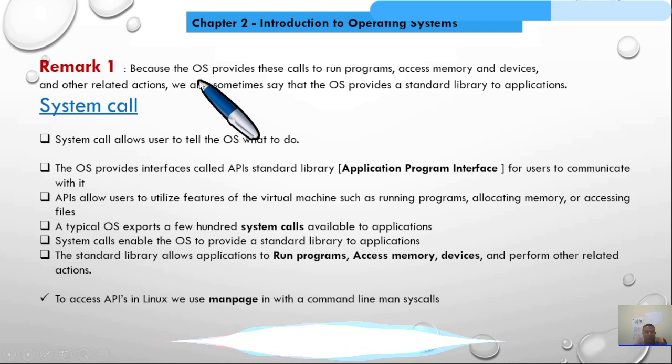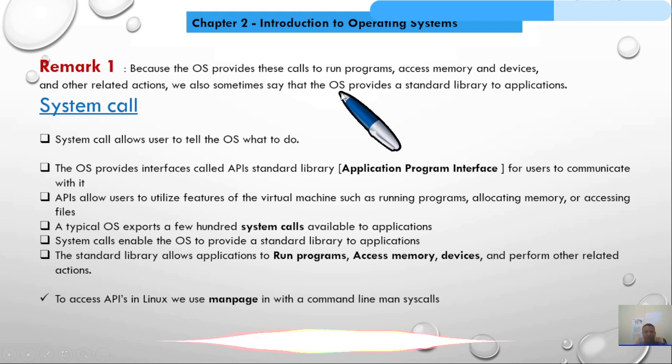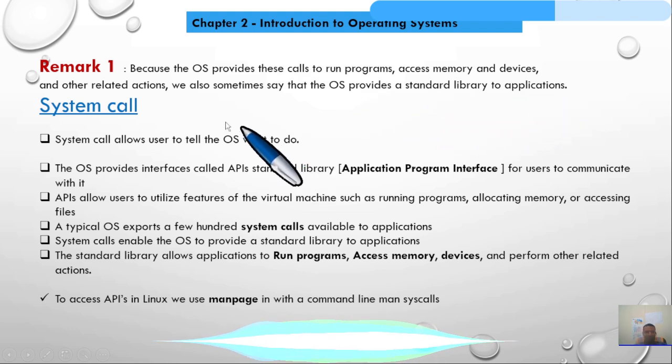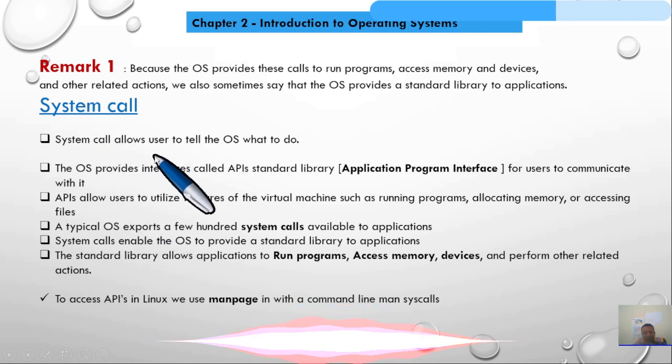Because the operating system provides calls to run programs, access memory and devices, and perform other related actions, we also sometimes say that the operating system provides a standard library to applications. As I told you, the operating system is an interface between the user and the hardware.